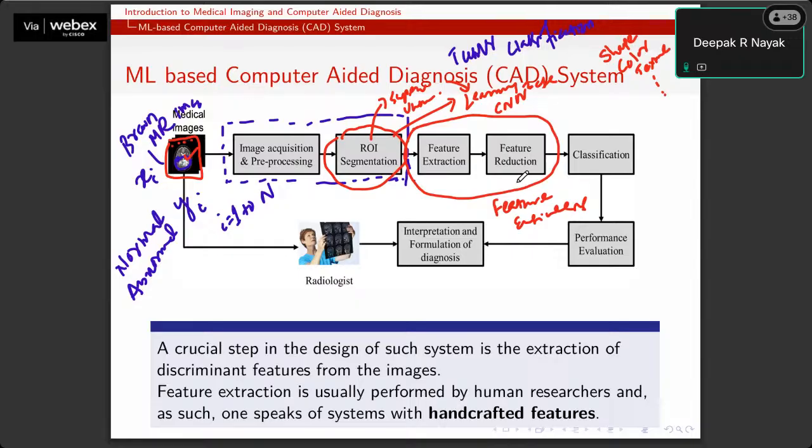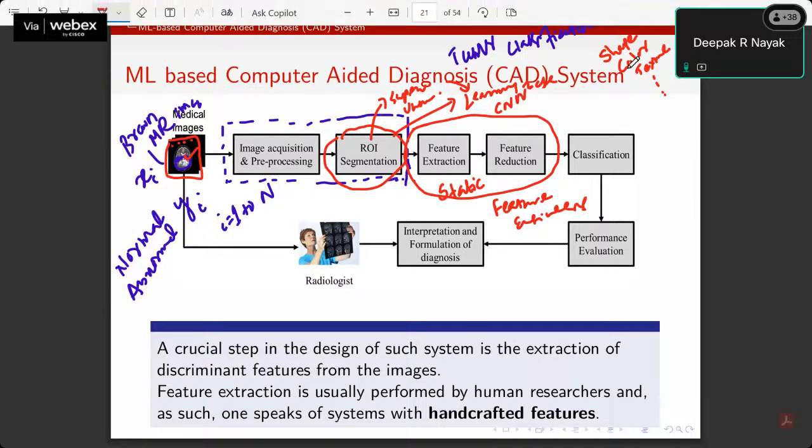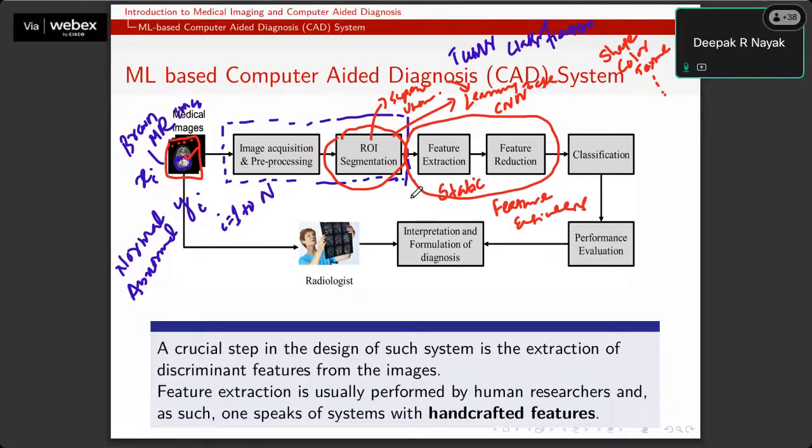And there are also certain other limitations of this kind of feature extraction process, which is known as static. I'll discuss this later on. Let's try to remember that the features which we extract using any of the feature extraction algorithms, known as feature extractors, are known as static, and this whole process is known as static feature engineering.